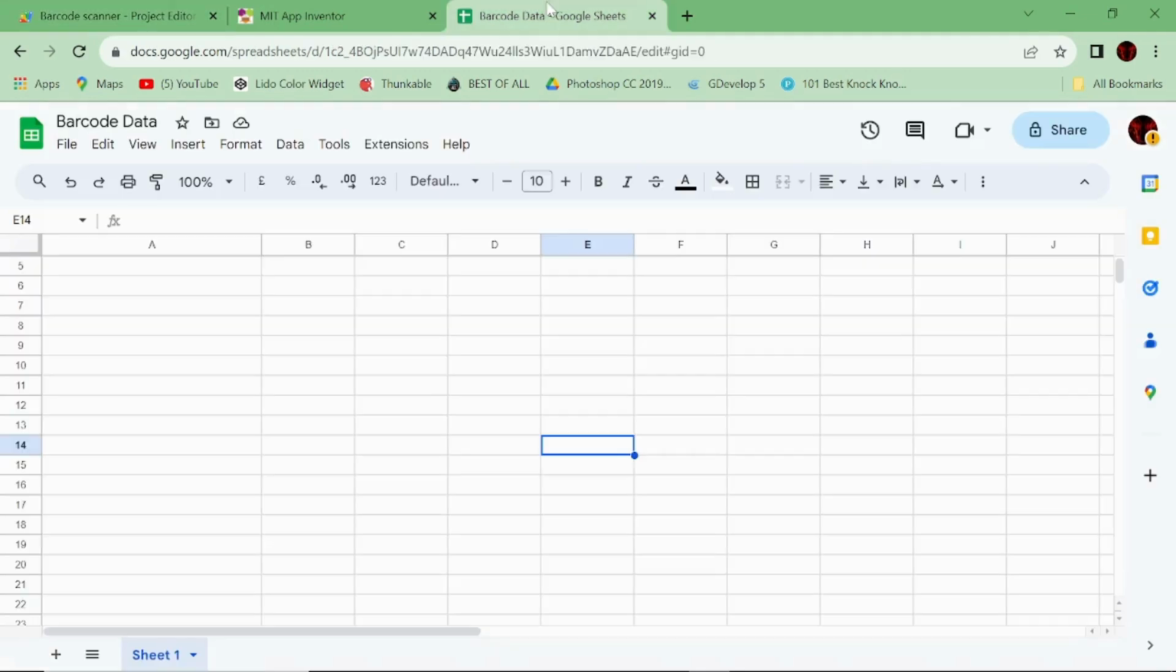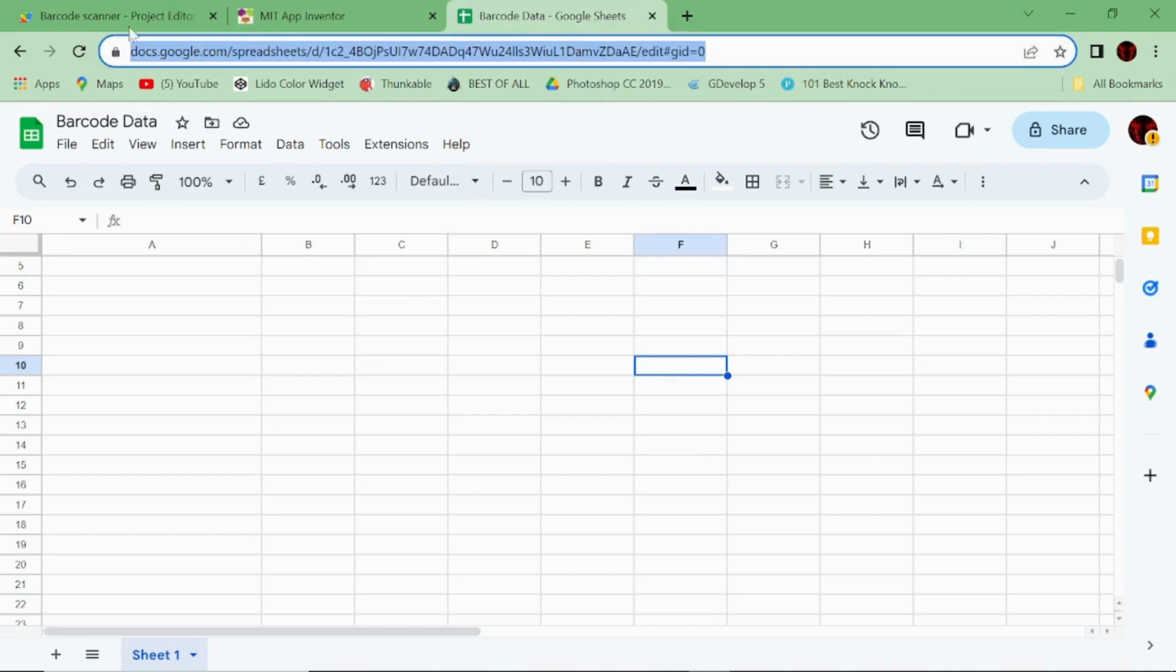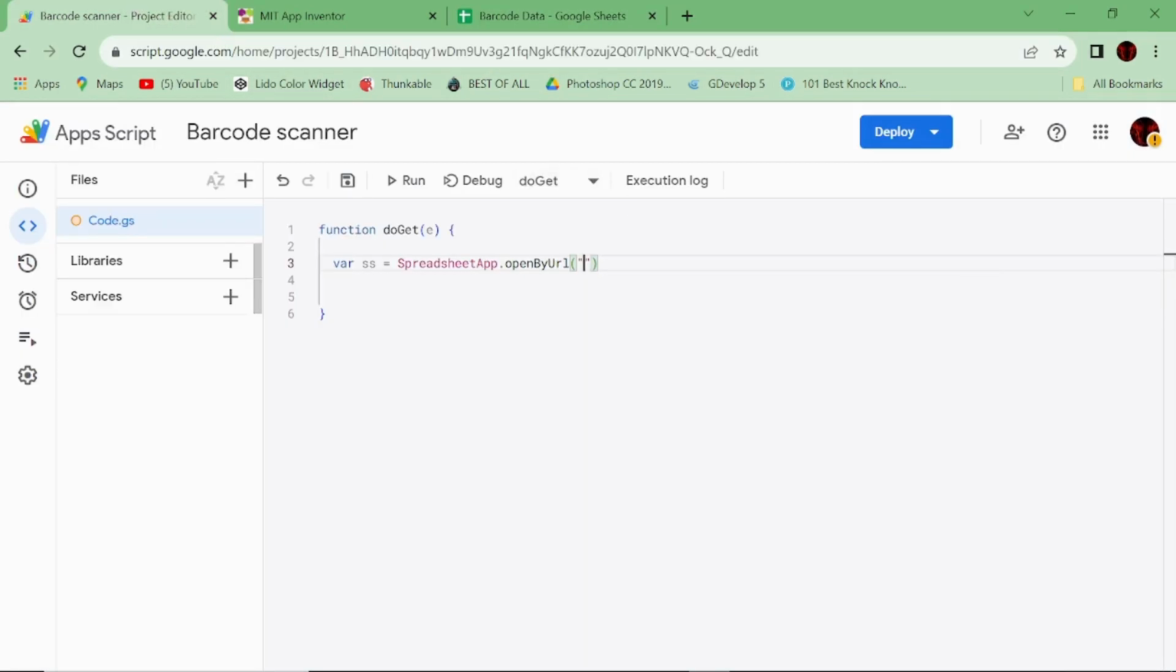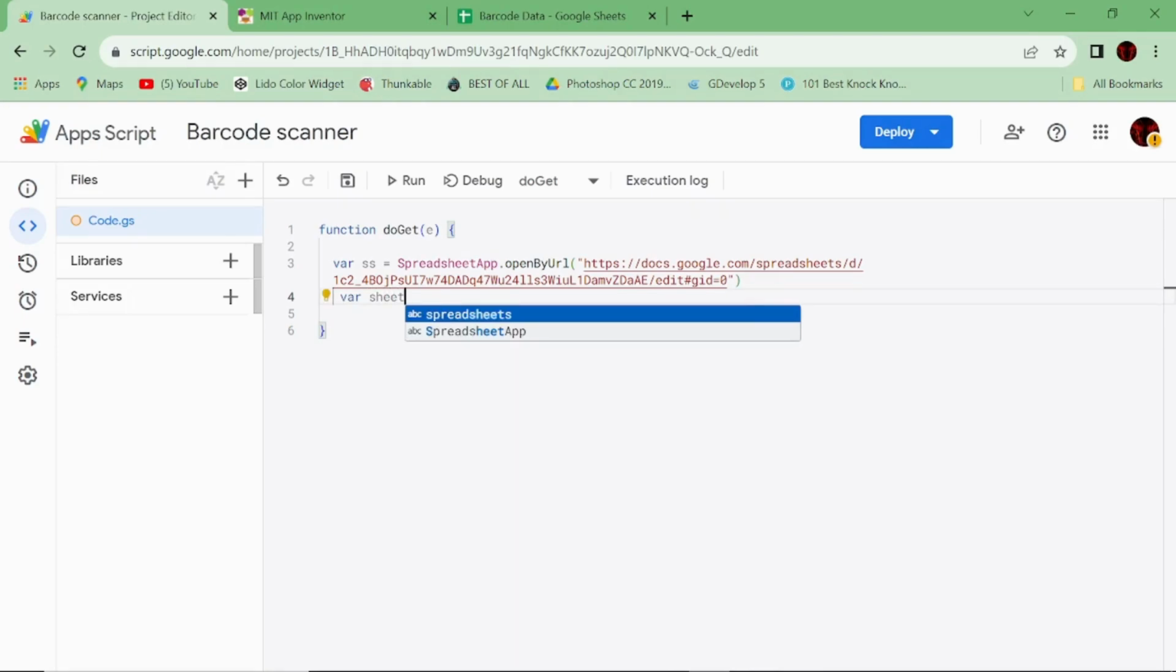Inside this you have to paste the link of the spreadsheet file which you have created to save the data. You just have to copy this. Here I have copied it. Come here and paste it in between the semicolons. And then we have to make one more variable. For this too you can keep any name. Here I am keeping it as sheet, and write equals, and here this should go for SS